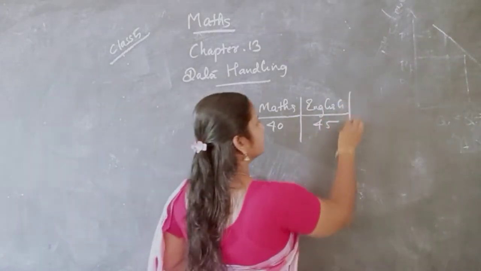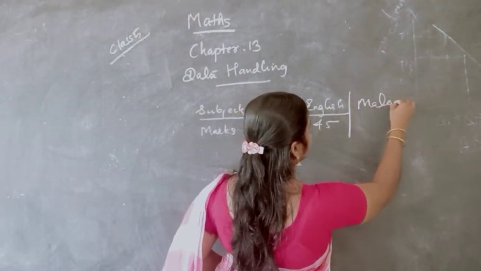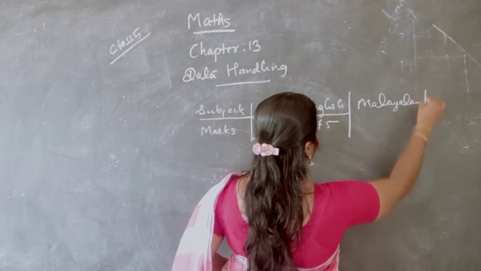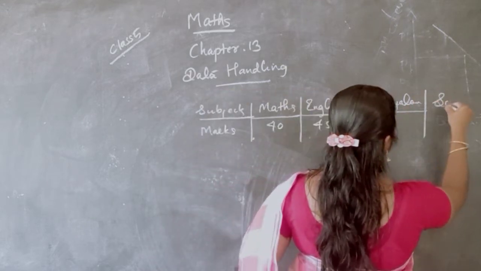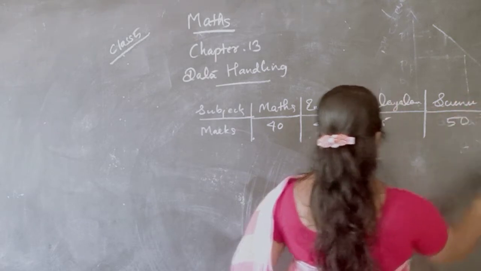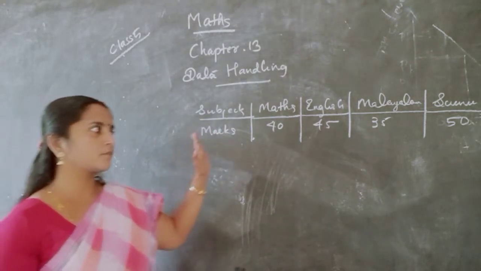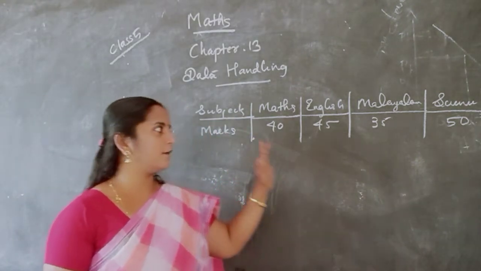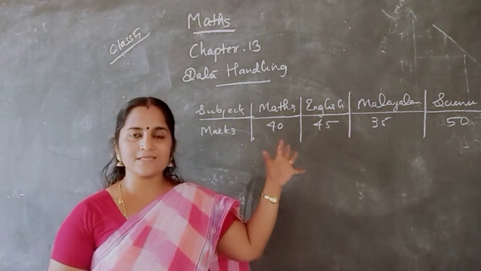Then for Malayalam 35, then science 50 marks. From this table the marks are given and the subject is also given. So if you picturize this data